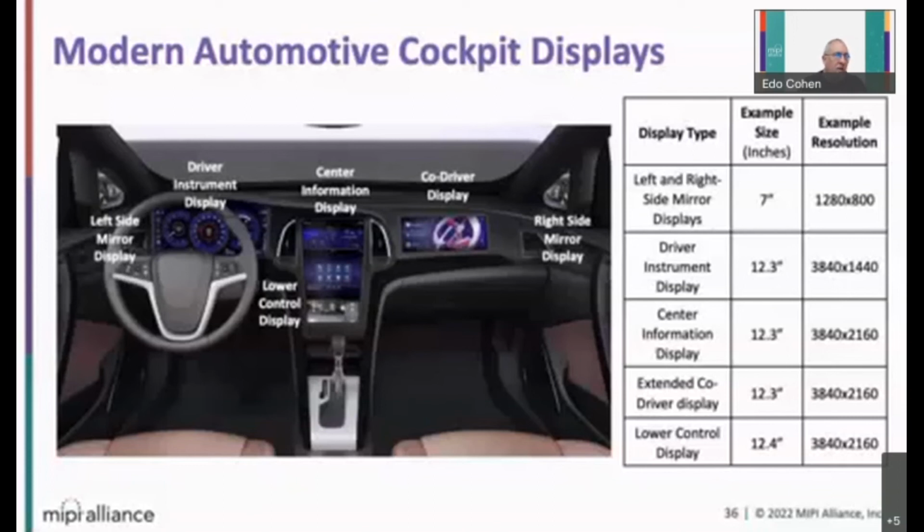Going forward, there are also capabilities of rear mirror replacement by this display, having connectivity to a back camera that increases the ability of the driver to see what happens behind the car without relying on a standard mirror, but having a camera there. And the resolutions are always going up and up.